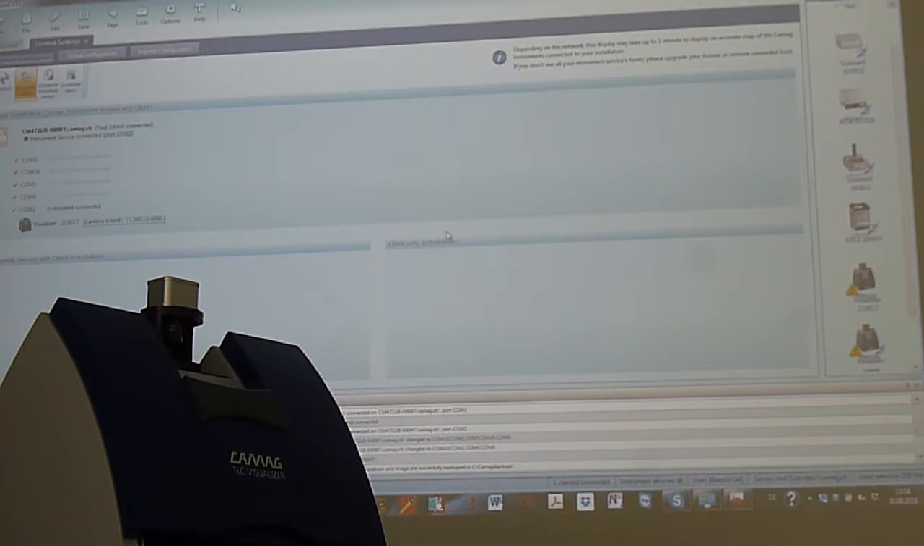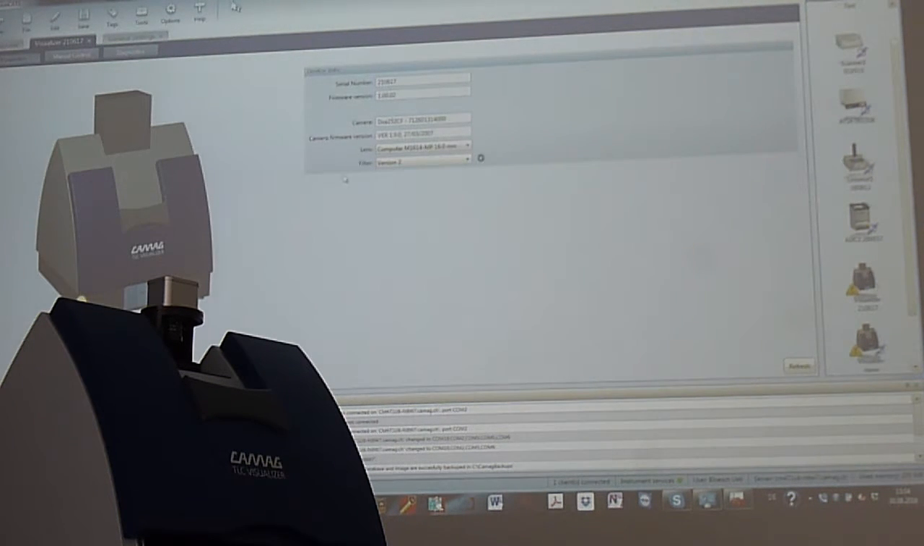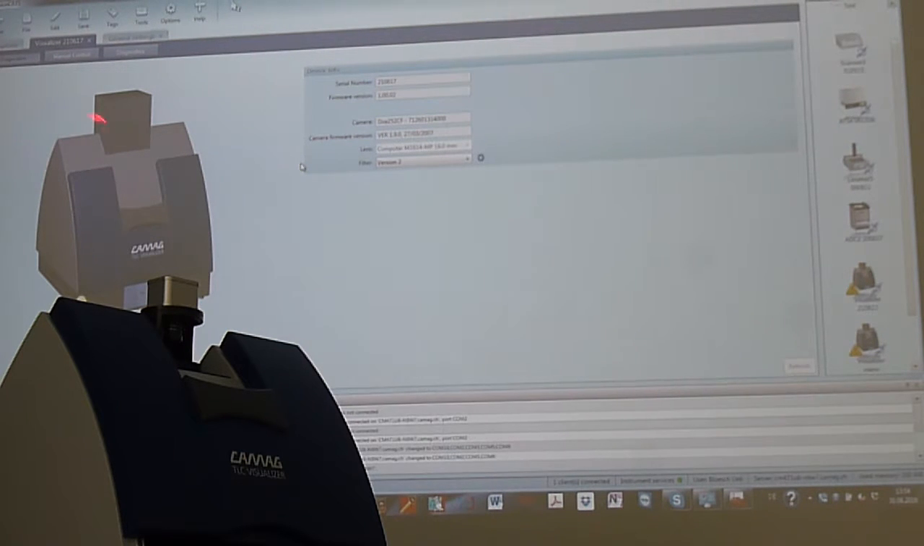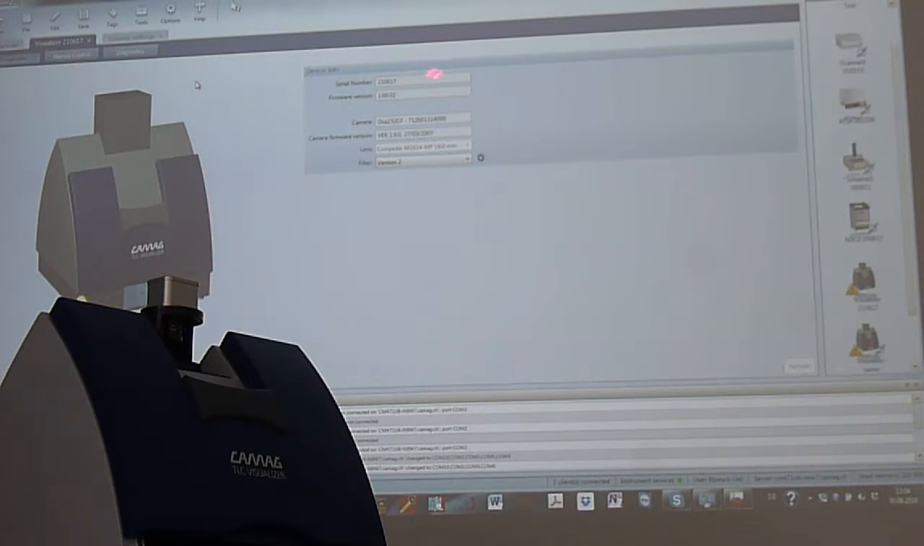And with that now I can double click the instrument and then I'm on the manual control. If I double click on the instrument I see here the properties, so I see the serial number, I see the firmware, I see the camera with the serial number, I see the camera firmware which has to be 1.9.0 for Windows 7 and newer installations. Then the lens,